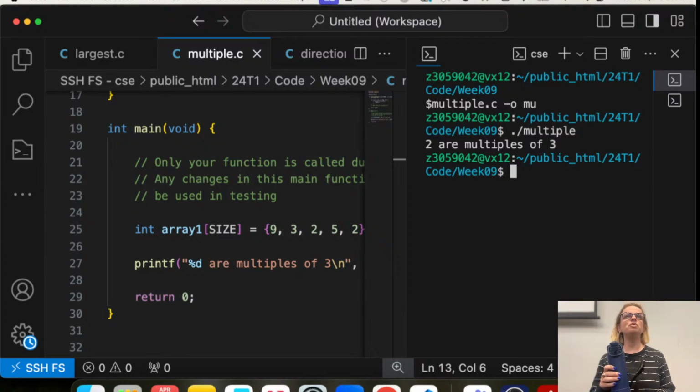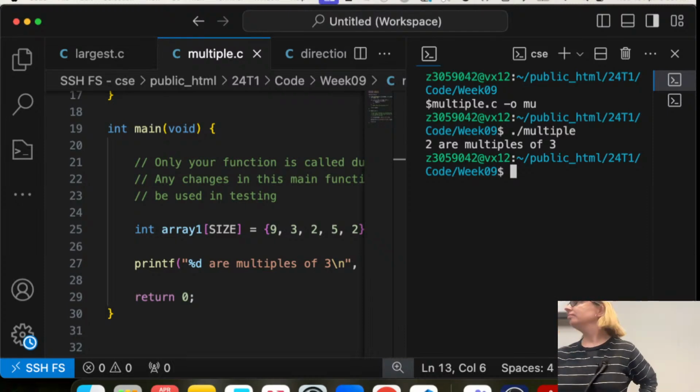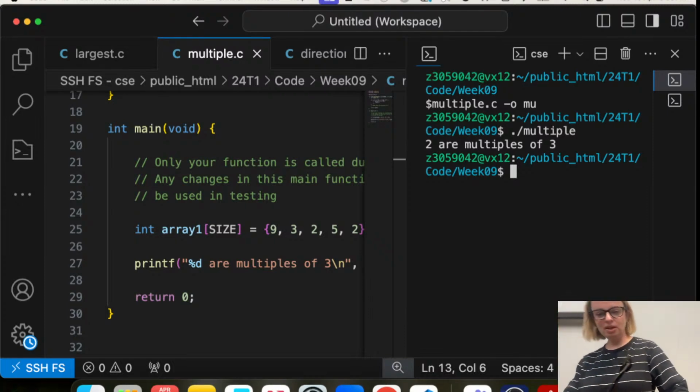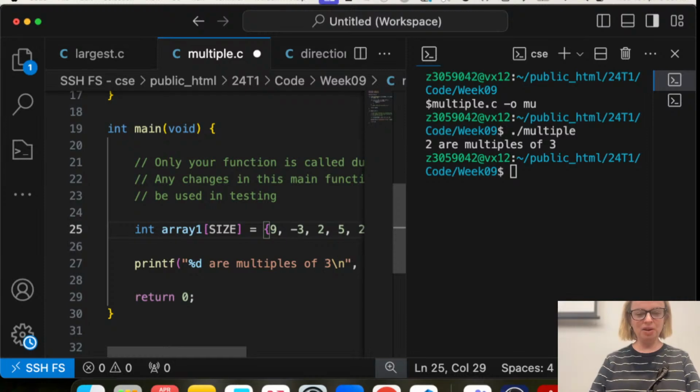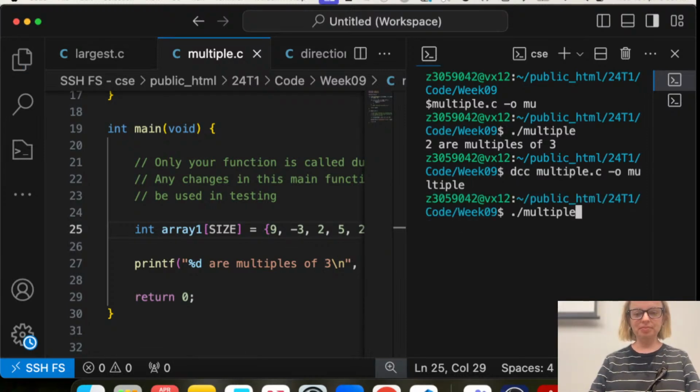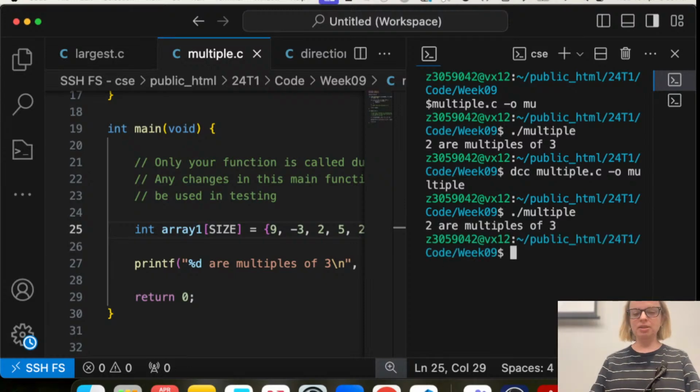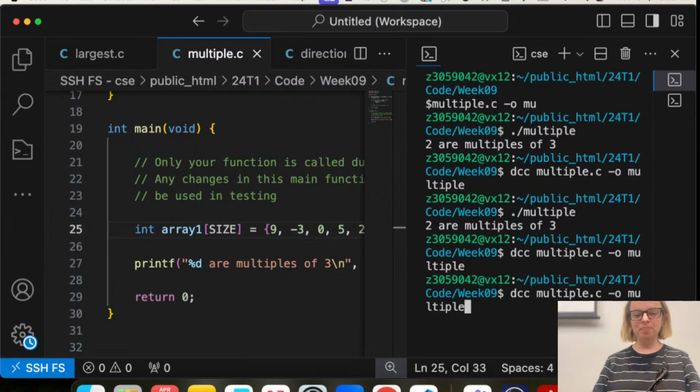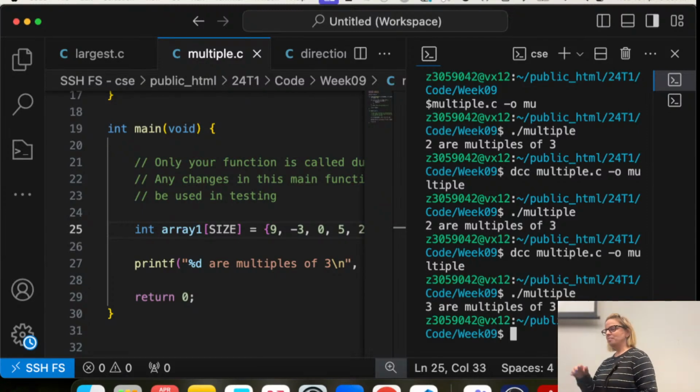What would you test if you were in the exam? How would you test it? How would you change that array to test it? What do you reckon? Sounds great. I would absolutely check a negative number in there. And if we run it, it's still working. And what about if we do a 0? I reckon that's going to give you something as well. Yep, so it's counting 0 as a multiple as well.